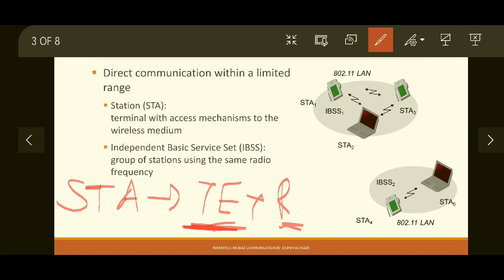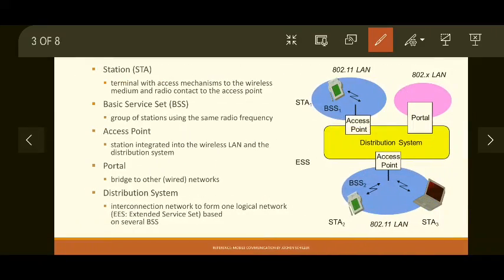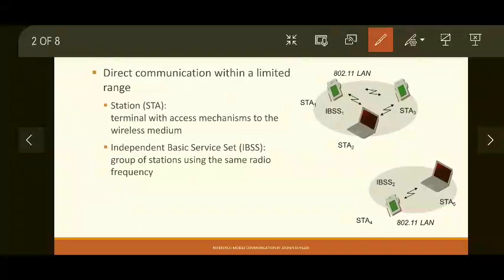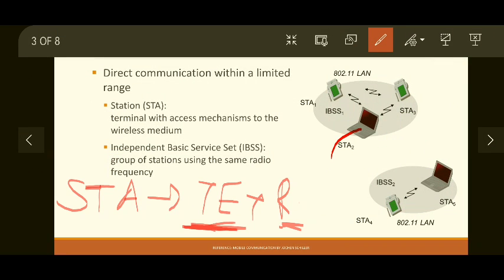Okay, also in the previous case, if you can see, this mobile user can communicate with this user through access point, distribution system, and second access point. That is possible in infrastructure, but in ad hoc network, this laptop cannot communicate with this particular mobile terminal because of change in the radio frequency in the two different IBSSs. Okay, now